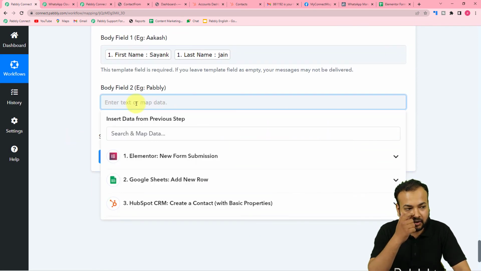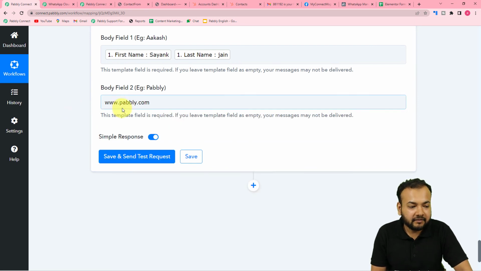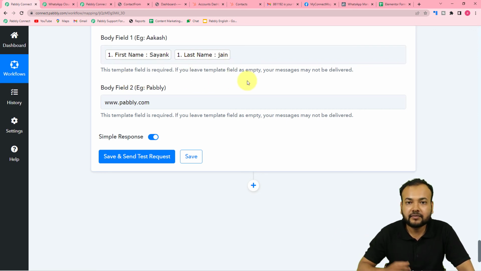here you can enter your website's address. So I'm just putting here www.pabbly.com. You can enter your website address, right? Like this. The thing we are entering here manually is not going to change. The things we are mapping here are going to change according to the data we are receiving from the Elementor,